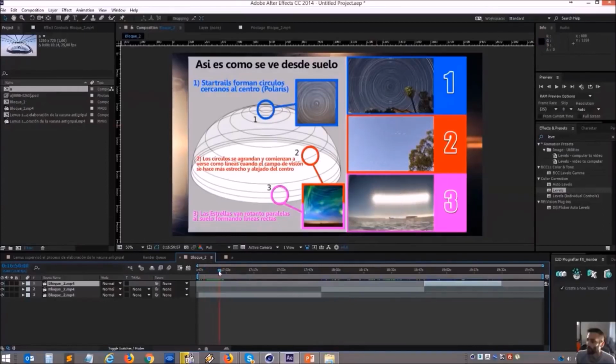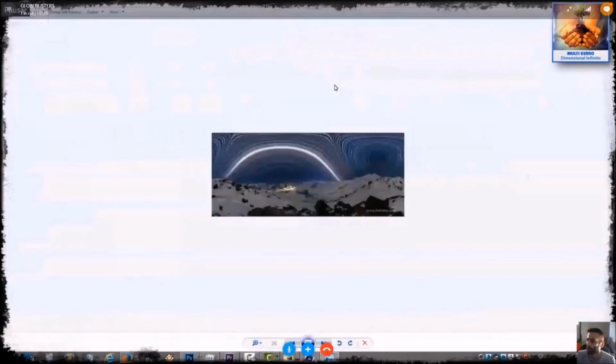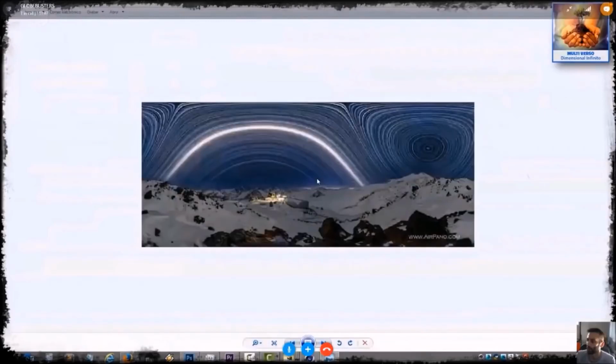This is from a camera from Antarctica. When you see this kind of picture, no one can believe that this camera is able to see the equator, the North Pole, and the South Pole in the same image, because this camera is in a really small part of the Earth. So the camera, with the lights, with the bending lights, and that kind of stuff, behaves in this way. It's why everyone that makes this type of time lapse